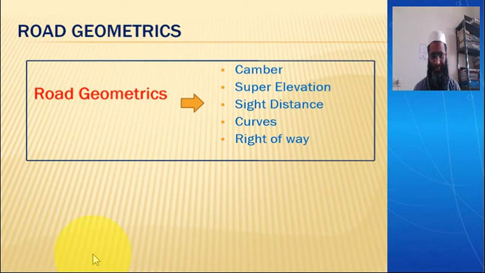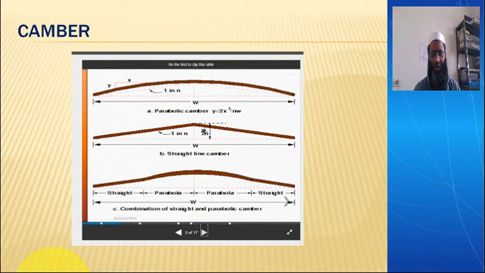So what is camber? Camber is a cross slope that is provided at the cross section of the road. The main objective of providing this camber is to shed off the rainwater that comes upon rains or any other leakage. We don't want direct contact of water with the road surface. Why? Because the surface of the road gets eroded if it is in contact with water for a longer duration. So when water comes onto the surface of the road, we want to flush it off as soon as possible. This is where we provide camber.